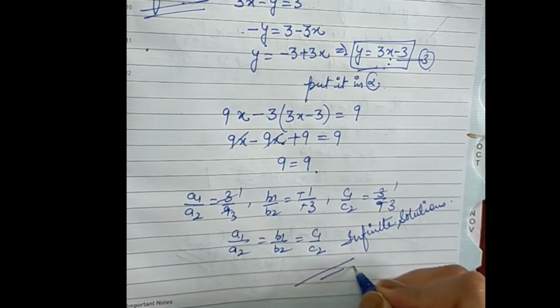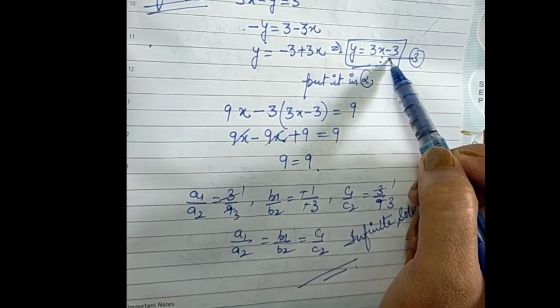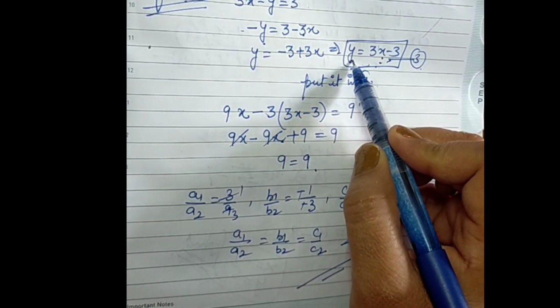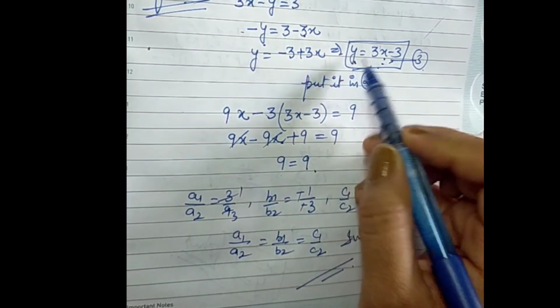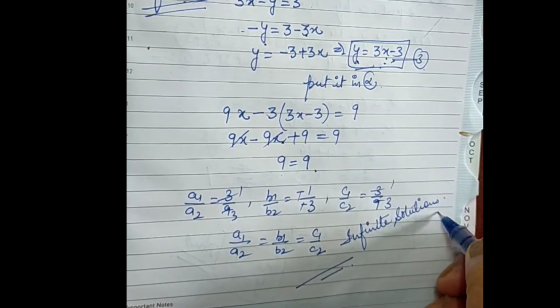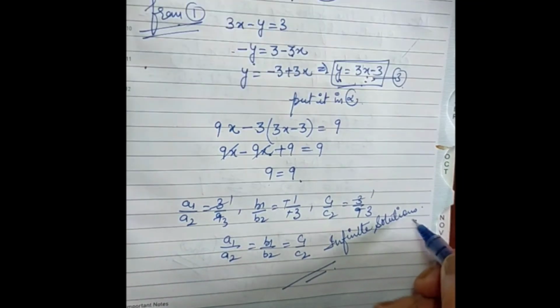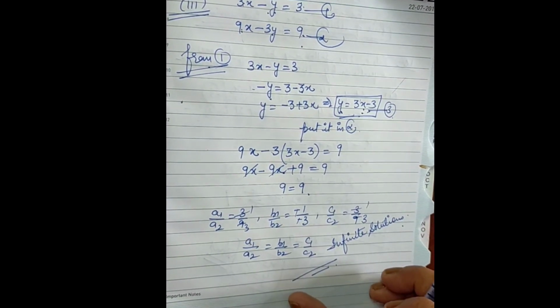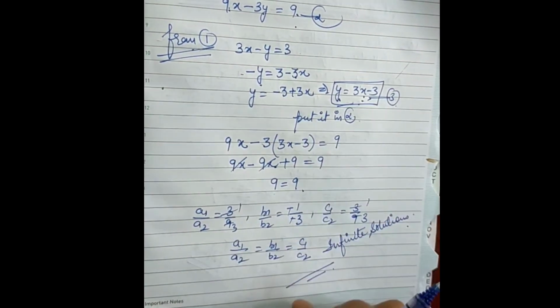So if we have to find out a particular solution, we are going to take x to be anything and we can get the value accordingly for y. So it doesn't have a specific solution, it has infinitely many solutions. You can get those values by putting any value for x and you will be getting y. You can put any value of your choice. Hence this particular question has an infinite number of solutions as the ratios are equal. If this question comes in your exams, you have to do it the way we have done here.